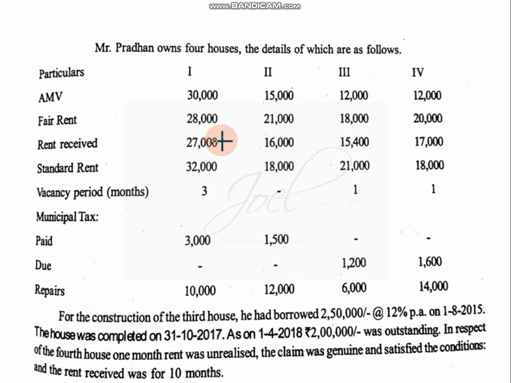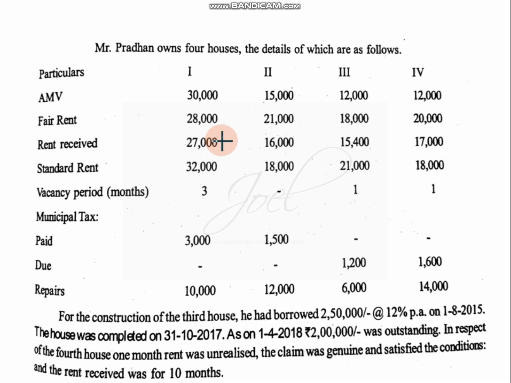But now here rent received is given. When rent received is given, you have one small procedure to follow. You have to find out if the house is let out for a whole year, what amount of rent you will get. That is what you have to find out. And if that amount is higher, and because of vacancy the house was let out for a lower amount of rent, then whatever amount of rent received is there, that itself we will consider as gross annual value.